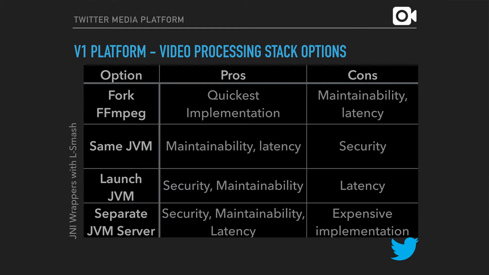So imagine, I'm not even talking about someone trying to inject an attack vector, but just a bad video that causes the unmanaged code to crash. Well, that would bring down the entire JVM for the service, and now your service isn't responding to requests from other services within Twitter. It has to be assigned to another host. Your availability goes down. And this would have been made worse by the fact that clients were probably going to retry on that because they see a failure, they don't know what this is, so something must have gone wrong, let me try again. So imagine the client trying this video 5 times and bringing down 5 instances. So that was a no-go.